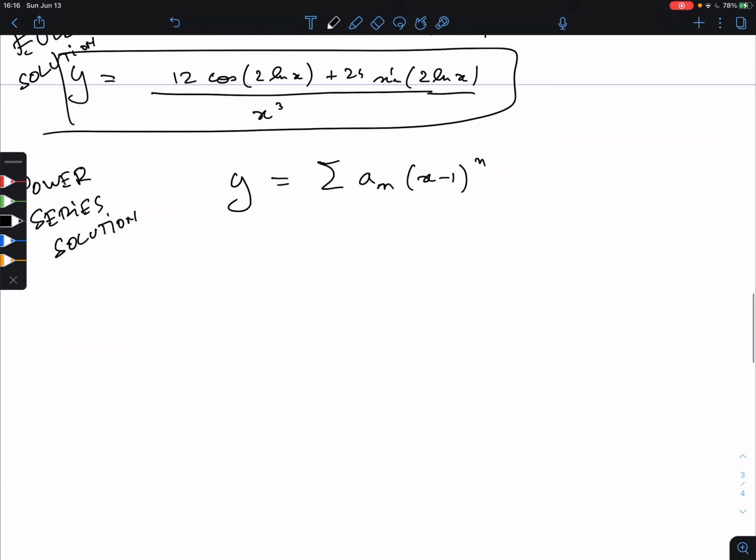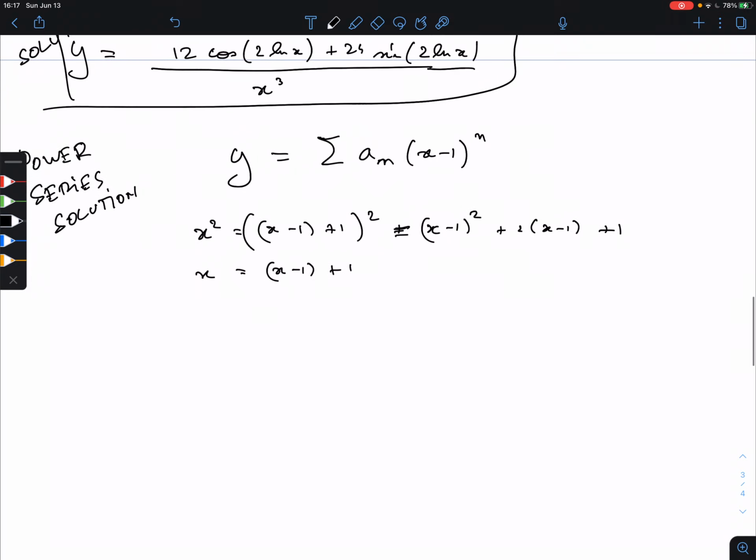So the x squared should be written as x minus 1 plus 1 squared. Remember, we have to now expand everything as polynomials in x minus 1. So x squared is equal to x minus 1 squared plus 2 times x minus 1 plus 1. We also have an x, which is x minus 1 plus 1. Okay, so our equation becomes,